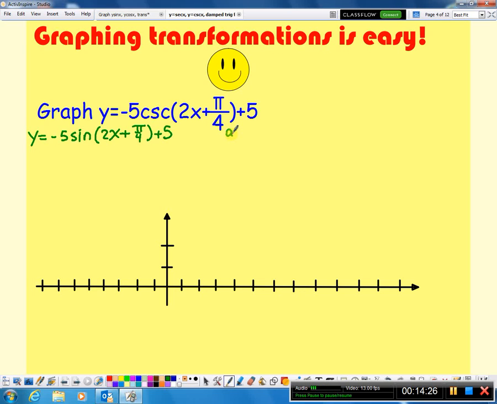The axis of my graph is going to be at 5. The amplitude of my graph is 5. If I go from a y coordinate of 5,